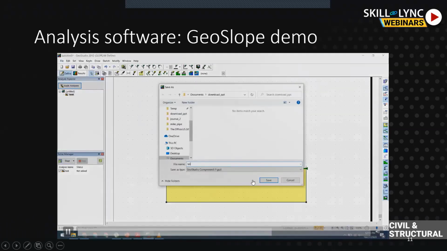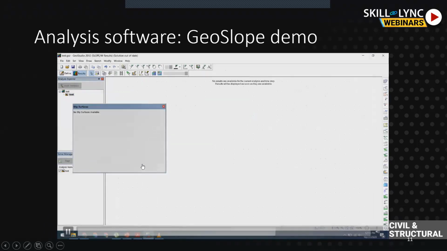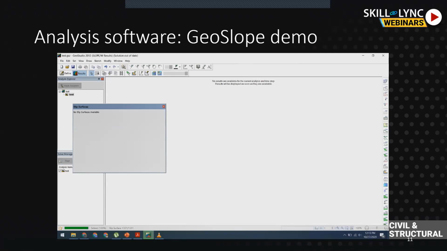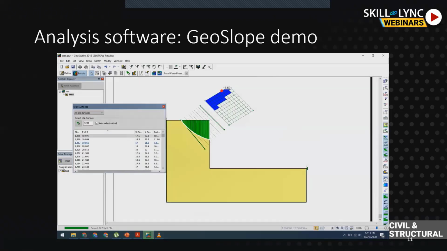Before starting the analysis, we need to save. So I saved it and then it started running. We'll wait a little to finish it. You can see there are several surfaces, 1,331. Generally Geoslope adds one surface to each, so as you can see here it has increased from 10 into 10 into 10 to 11 into 11 into 11. So we get 1,331 surfaces in all.